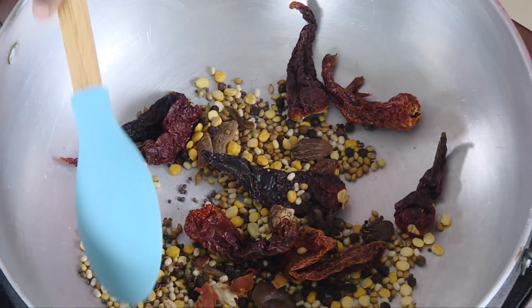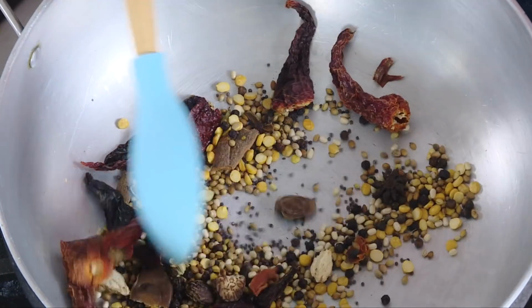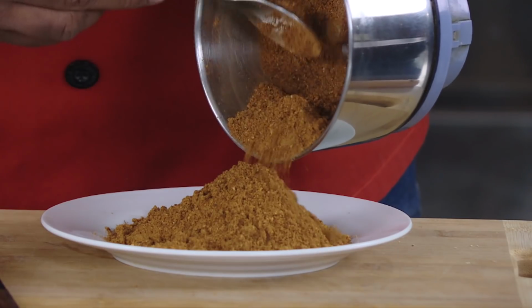There are various kinds of masalas that you can make, and today we're going to make this popular Kitchen King Masala. You can always change the ingredients a little bit here according to your taste. The garam masala that is made in Kerala or Chennai is different from the garam masala they make in Maharashtra or in Punjab. So the basic ingredients change a little bit, but every region fine tunes it